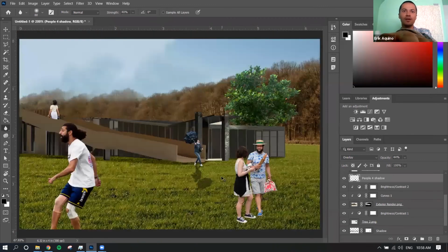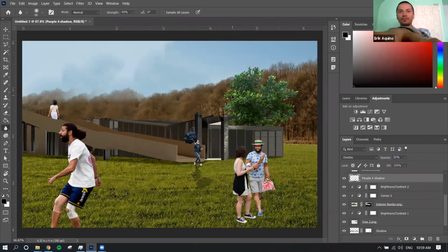So we'll zoom out by typing Control-0 to adjust to the extents of this artboard. And I'll say she could be a little lighter, just like that. Okay,